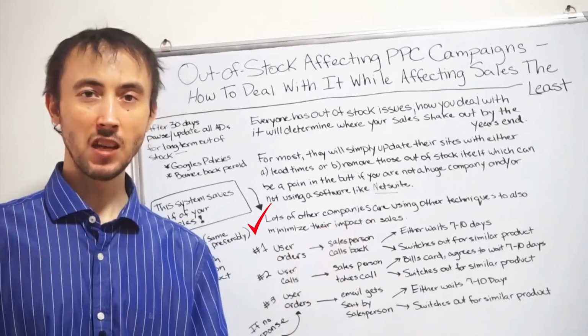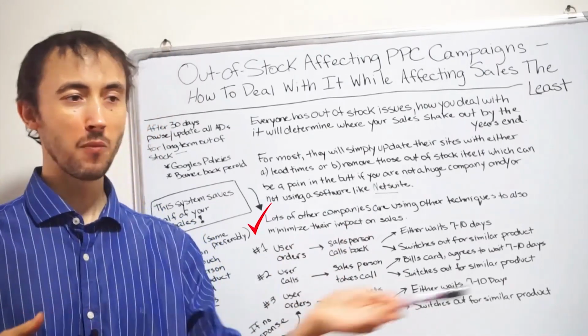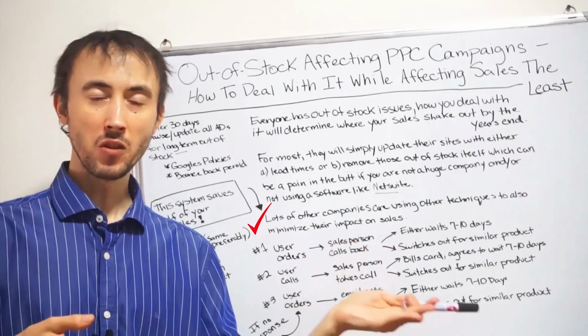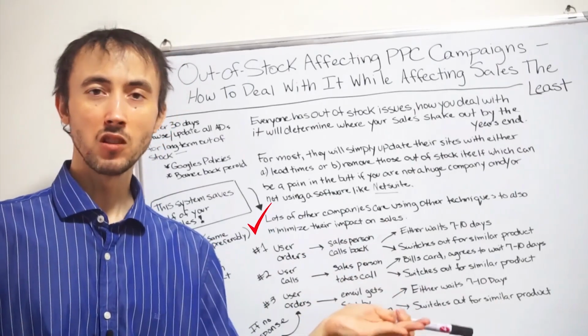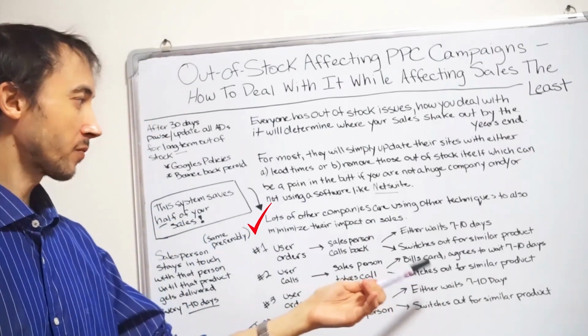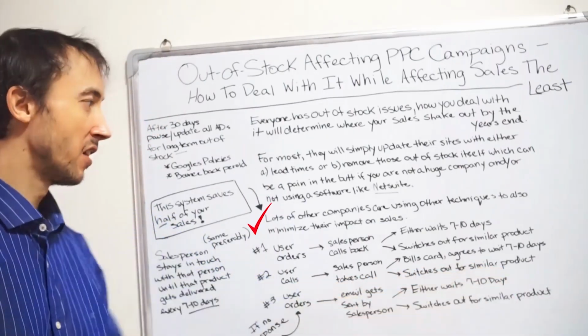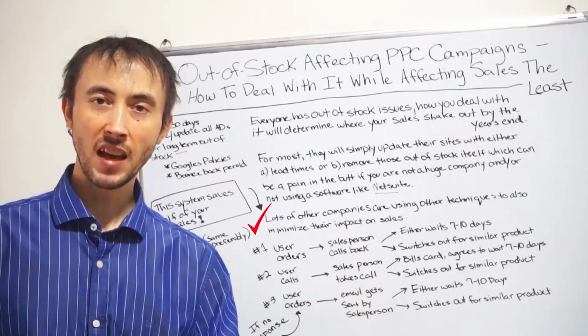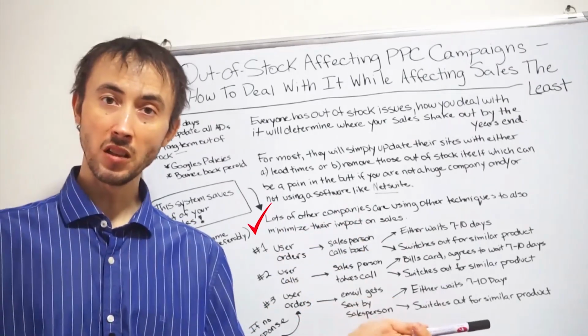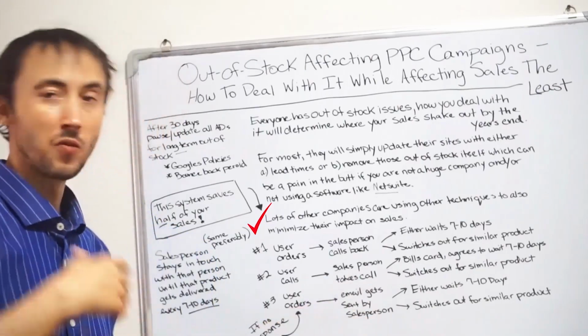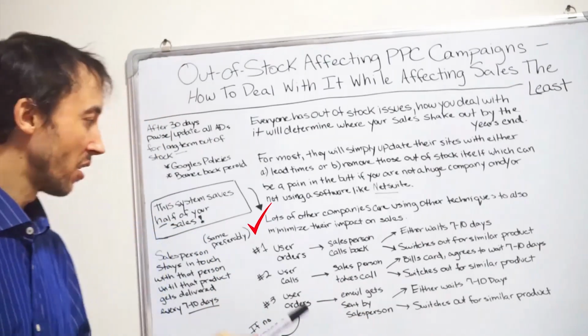I don't advocate tricking them, but as you know, you have a lot of products, and there's another product that's very close to it. So you do what you do there: switch it out for a similar product. And then you say, I could ship this one now, or you could do the other one and wait 7 to 10 days. Which one do you want to do? Then most of them will take one of those two options.